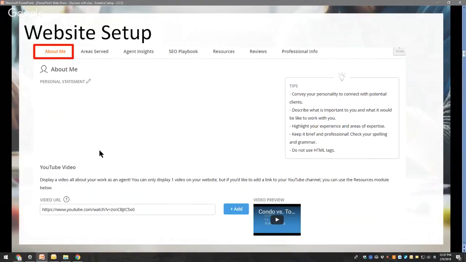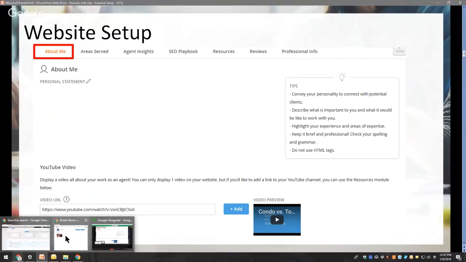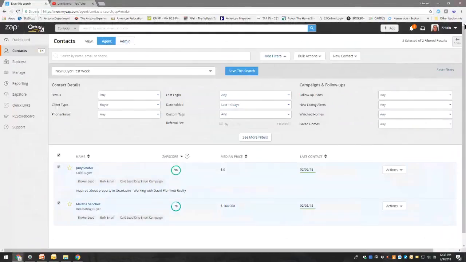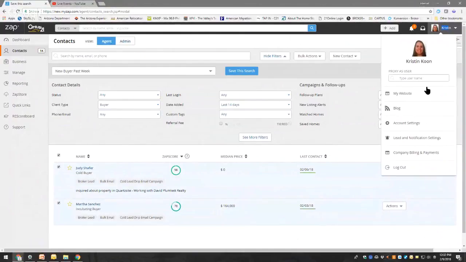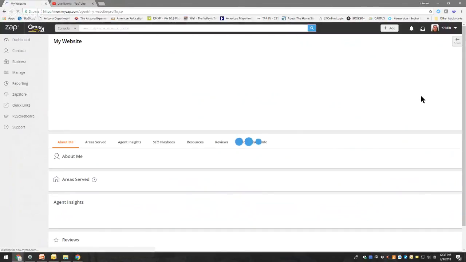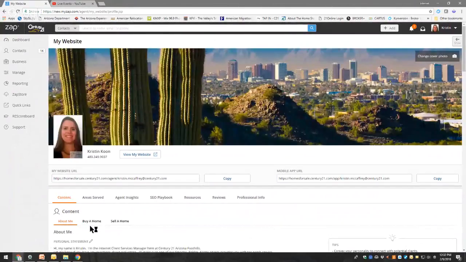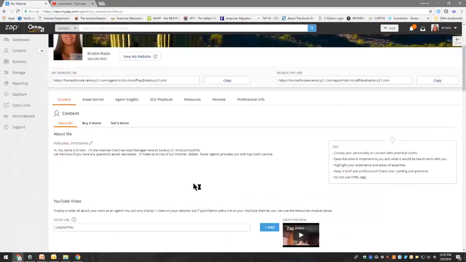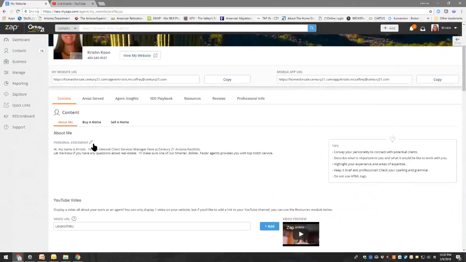The About Me, you're going to find that on your Zap platform underneath your picture. Click on that. Select My Website. Click on that. You might have to scroll a little bit. About Me, your personal statement. You click on that pencil icon to type in new information, or copy and paste from some other place, and click